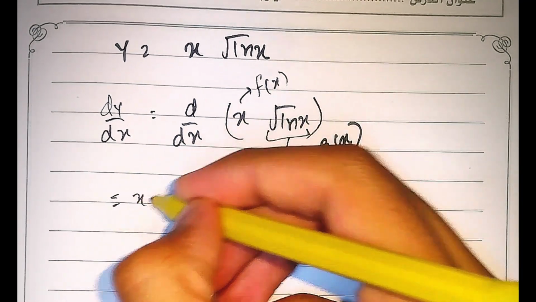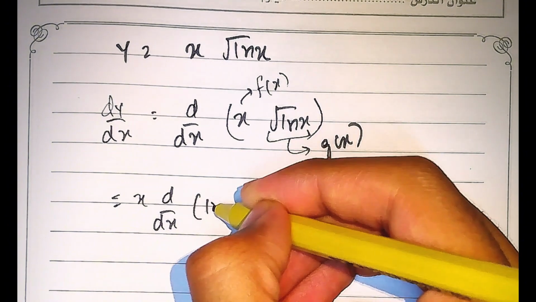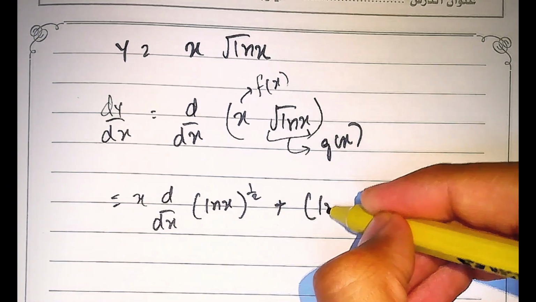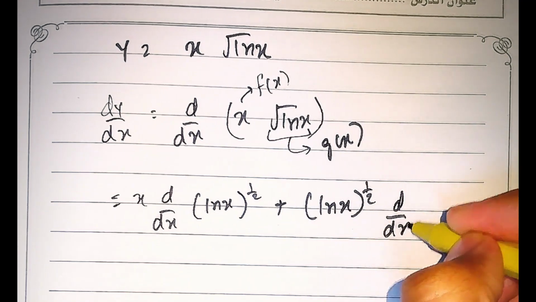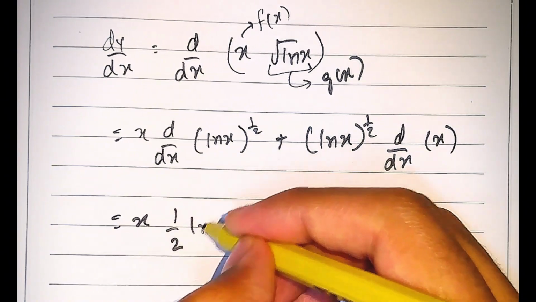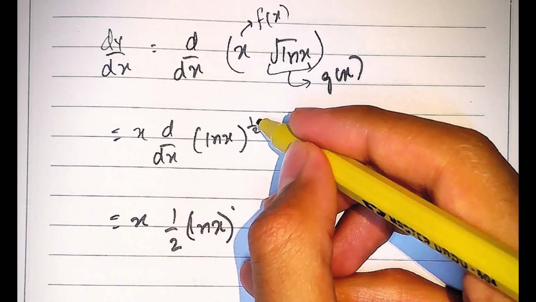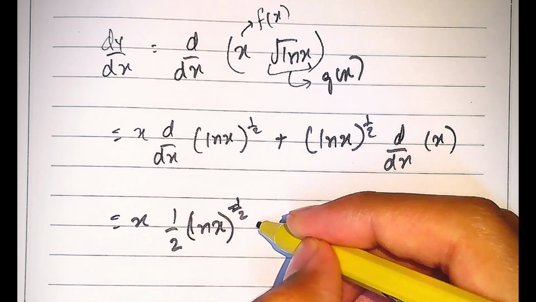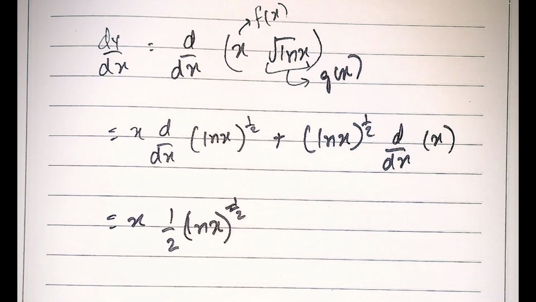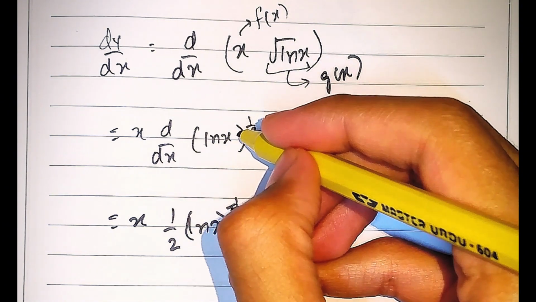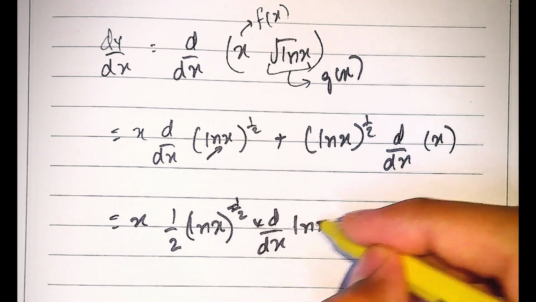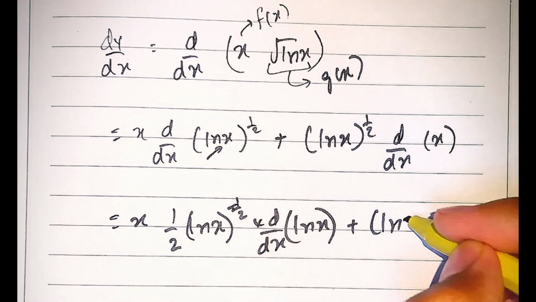So we have the first function as it is, derivative of the second function, so we can actually write the square root as power 1/2, plus the second function as it is, derivative of the first function, that is x. So we have x, now the power will be separated, the function power minus 1. Now 1/2 minus 1 is actually negative 1/2. And then the derivative of the function. What is the function? The function is anything which is present under the power. Now what is the thing which is present under the power? It is log of x. So we have to multiply it by the derivative of log of x